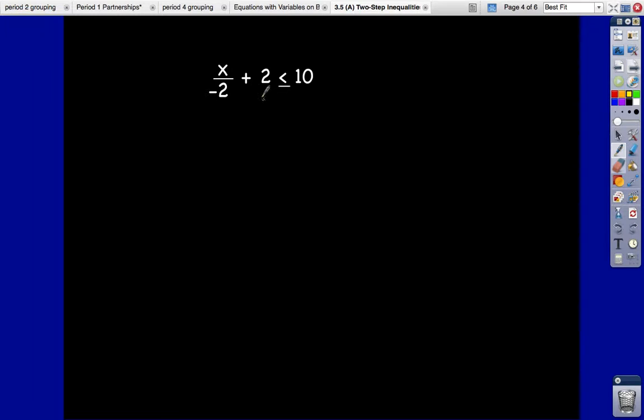Okay, 2 more examples. This is, like I said, going to be a short video. In this case, we still got to get rid of the 2 before we get rid of this -2. So we got to get rid of this guy first here, this one I'm underlining in yellow. So I'm going to subtract 2 from both sides to do the opposite. And so I end up with x over -2 is less than or equal to 8, because 10 minus 2